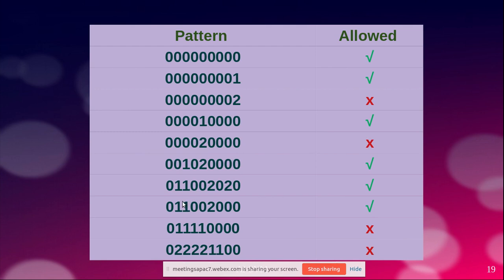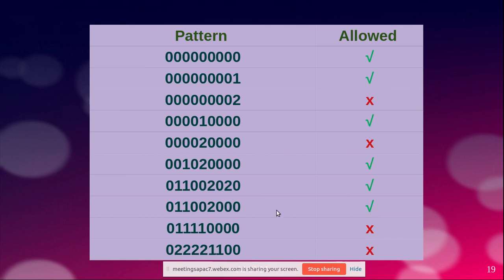Player one played, player two played, then player one played. Now player two has to play next, so has to select one of these zeros to replace with a two. Yes, not a problem. Player one plays. Player two is not there, but player one is trying to play again. Impossible, so this case cannot be taken up. Player two is playing four times and player one has played two times. Never possible. Player one has to play once, then player two, then one, then two, then one, then two.